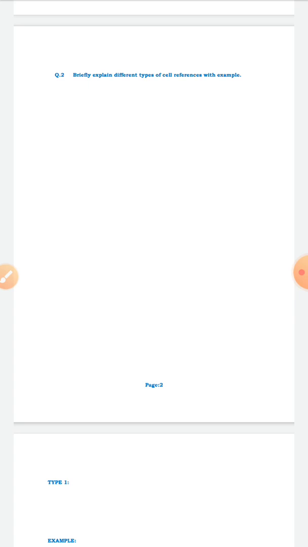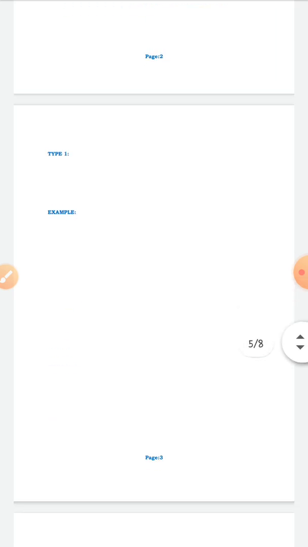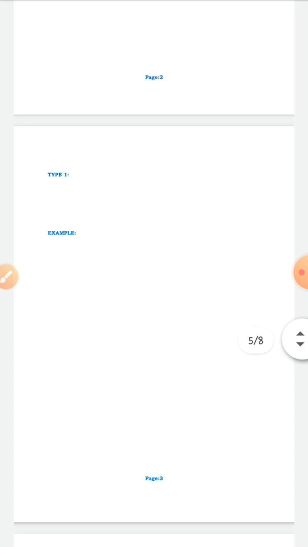Only different types of cell reference, with number 1 this type, number 2 this type, like this way you will write over here. You can use different colors to make it more attractive. On our next page, which will be considered the third page, you will mention type 1, where the first type of cell reference needs to be mentioned.